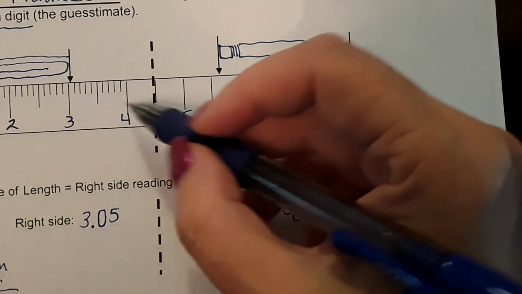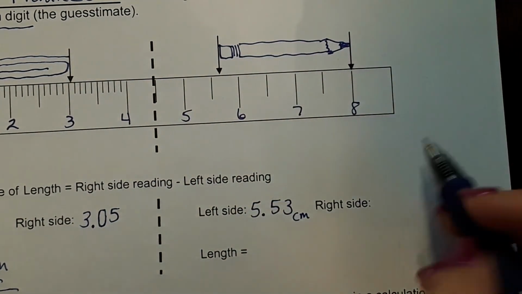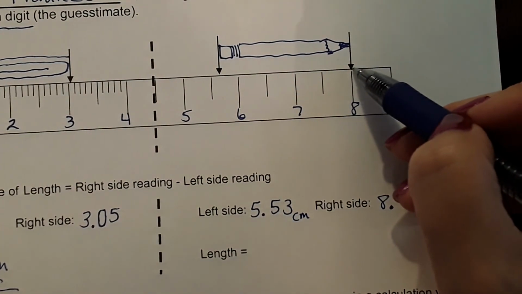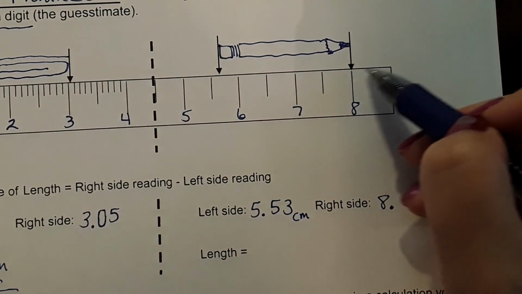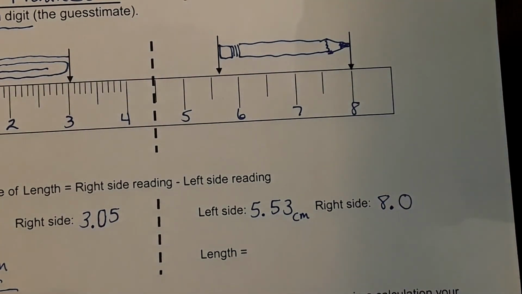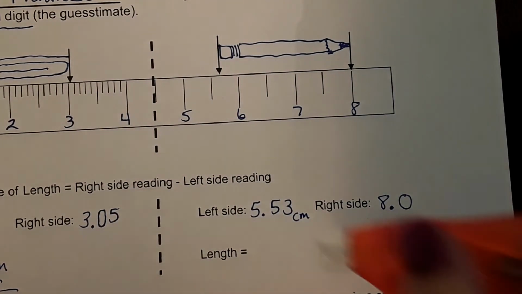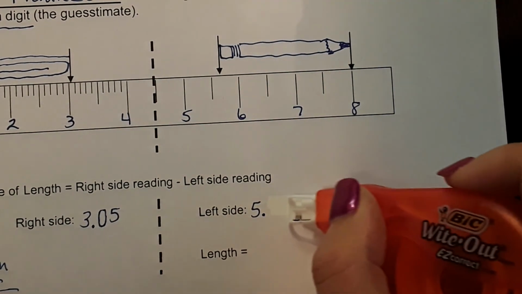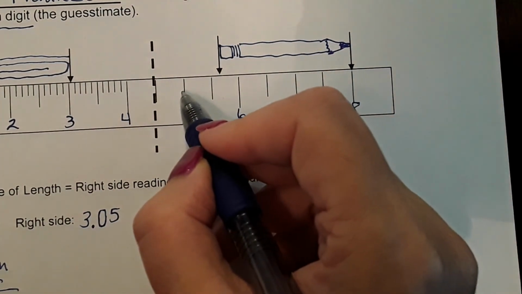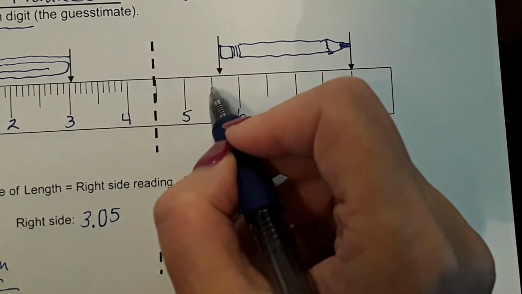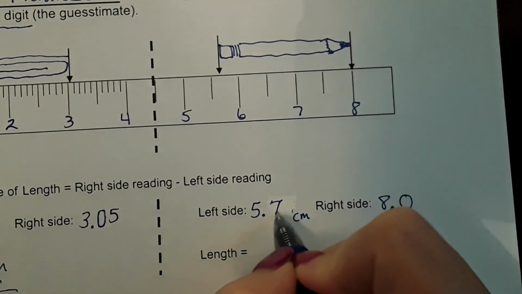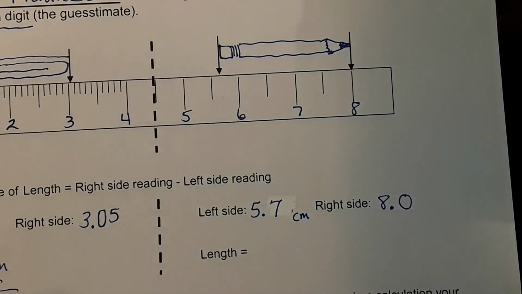On the right side, we'd go from the end of the ruler to the 8. And to me, it doesn't look like it's a half or a whole. It looks like it's right on there, so we're going to say 8.0. And you know what, guys? I think I did that one wrong. Let's see, 5. Oh, here's what we have to do on this one. I kept thinking that's not supposed to be 2 decimal places. Okay, so what we have to do on that first one, we have to say it's 5 point, well, it goes past the 5.5, and we can estimate, maybe 6 or maybe 7. So 5.7, there we go. That's better. All right, so when you have less